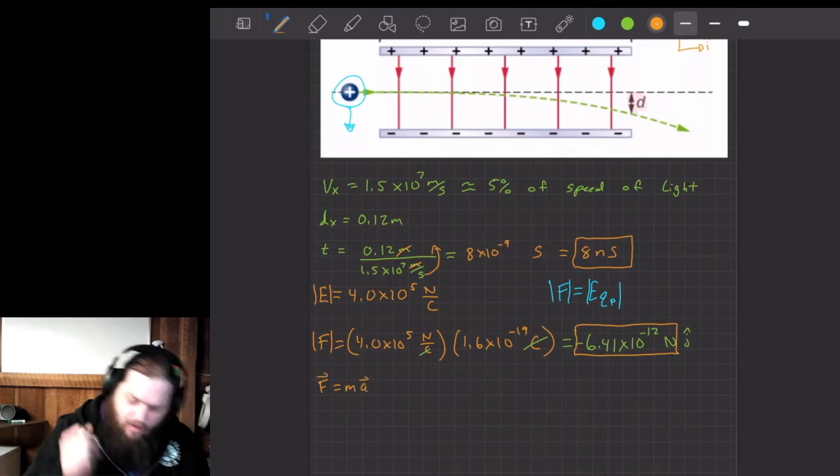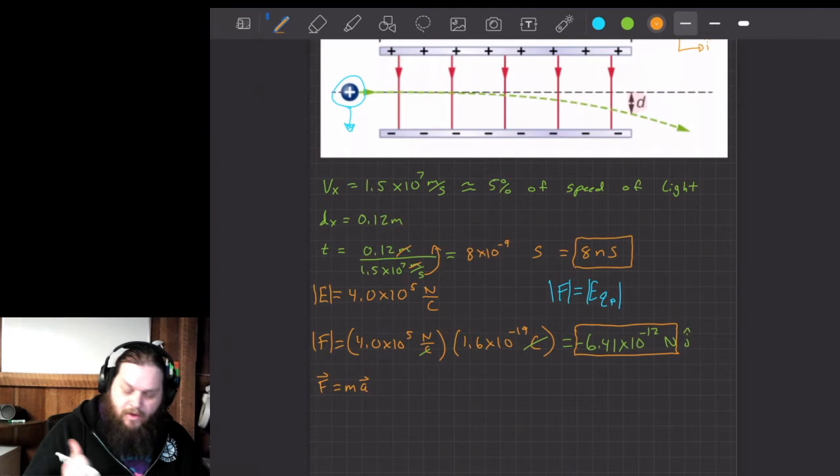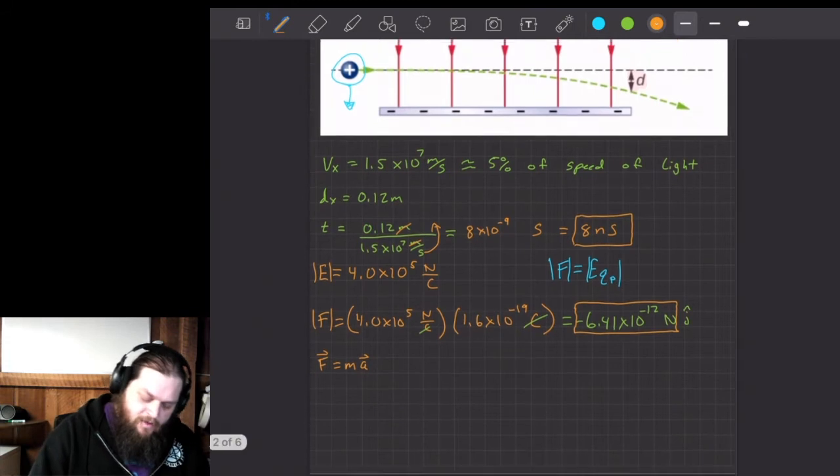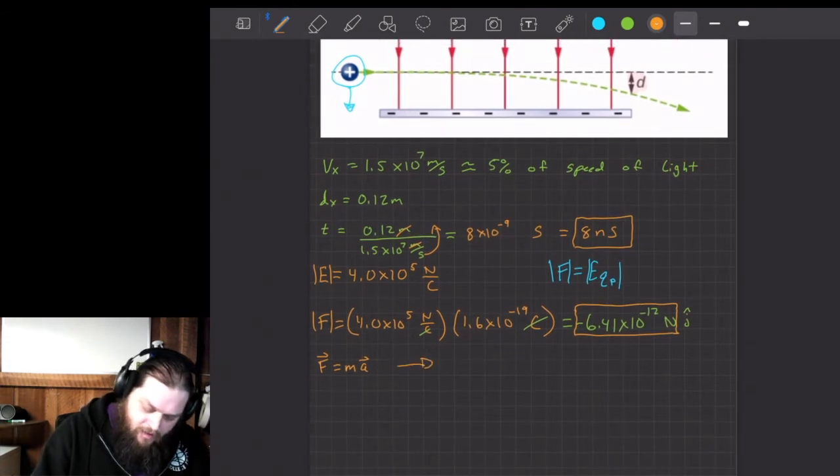Here we know the force vector, and we know the mass of a proton, which is 1.67 times 10 to the negative 27 kilograms. So we can deduce that the force divided by the mass is equal to the acceleration,